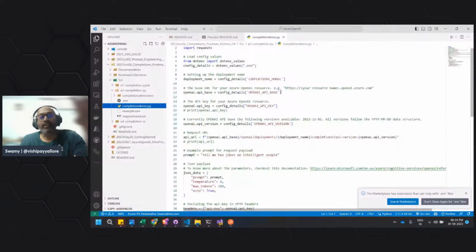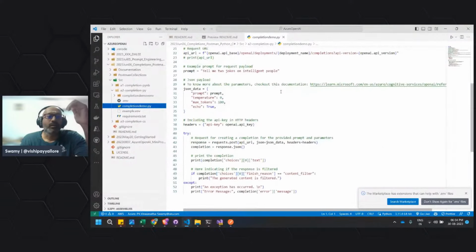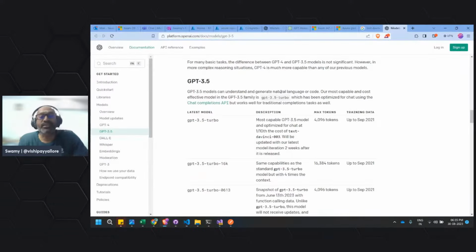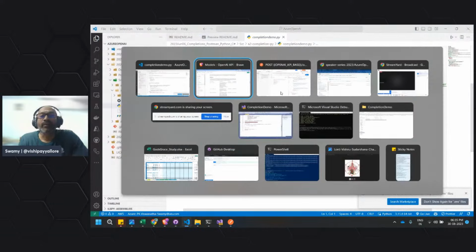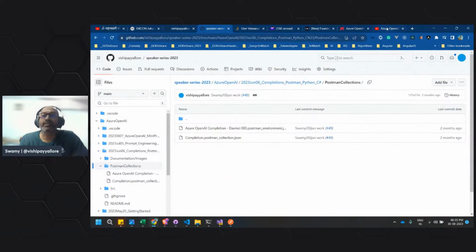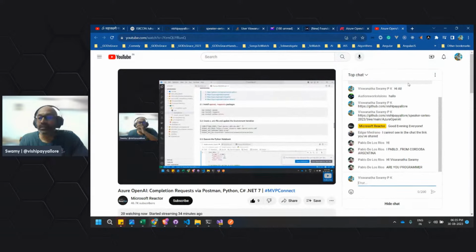We'll see what is happening. Again, I'm telling that this particular sample, which has been done in the Python notebook, we are using the request to call it. We are not using the AI object; that we will see in C sharp code. That we will see in C sharp code, and I will show you something else after this.